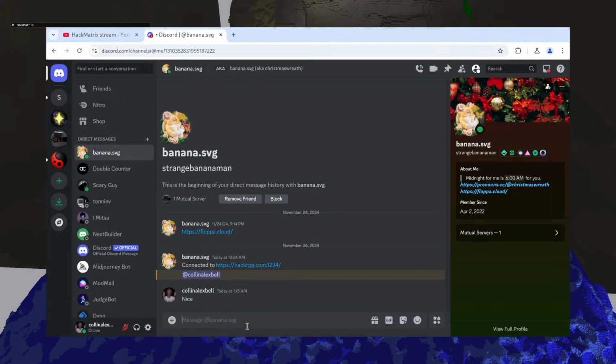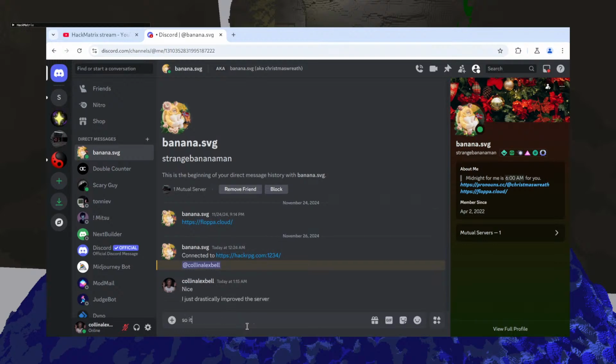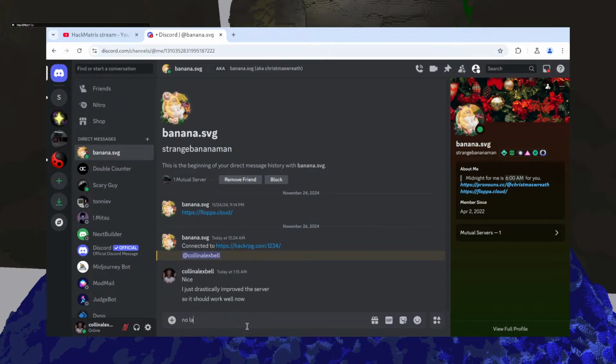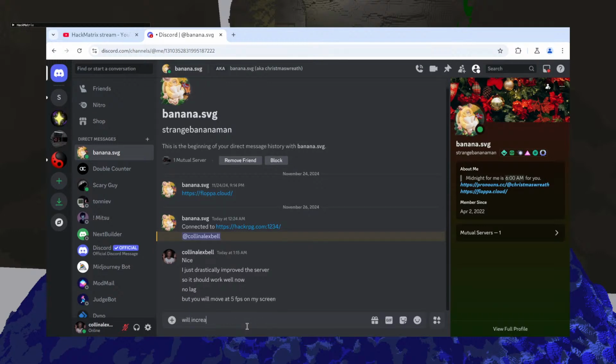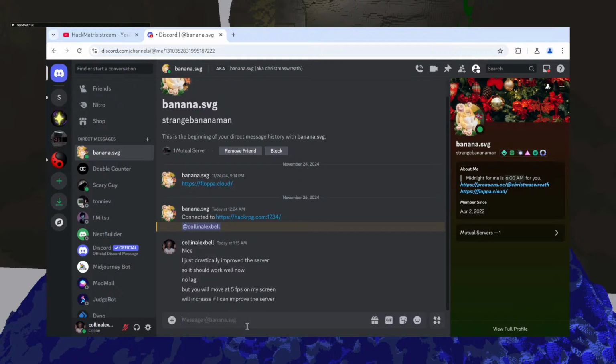Nice. I just drastically improved the server, so it should work well now. No lag. But you will move at 5 FPS on my screen. Will increase if I can improve the server.